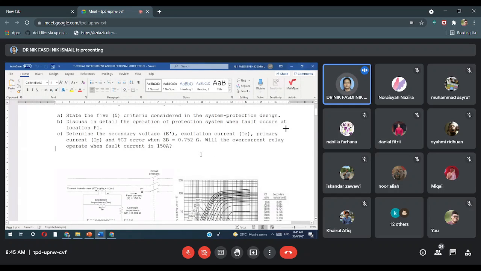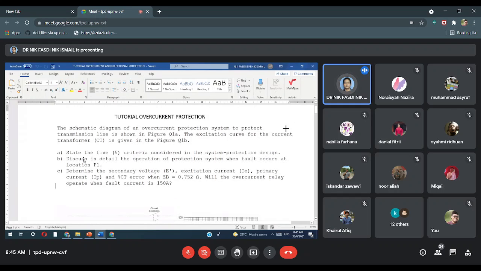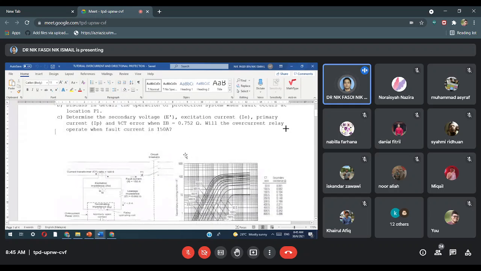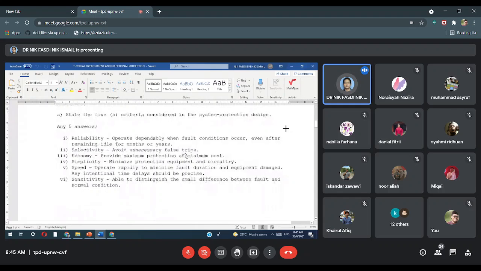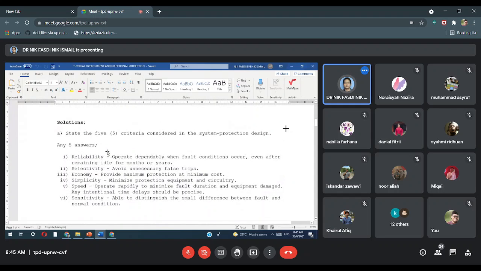Does it turn on or trigger or not? So this is the question: A, B, C. Let's look at question A first. State the 5 criteria. You can see the 5 criteria here: reliability, selectivity, economy, simplicity, speed,